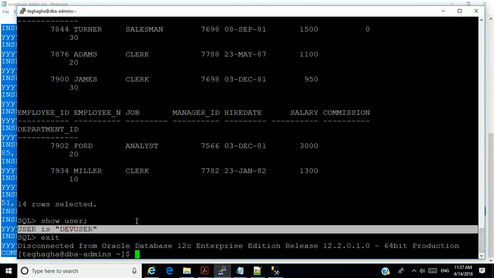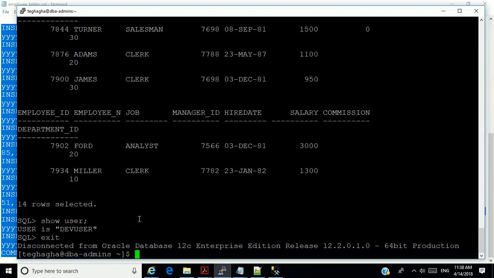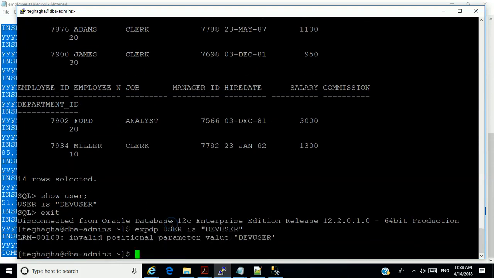All right. Now there are two ways. Now if I use dev user, it becomes very easy because I can just say export data pump.